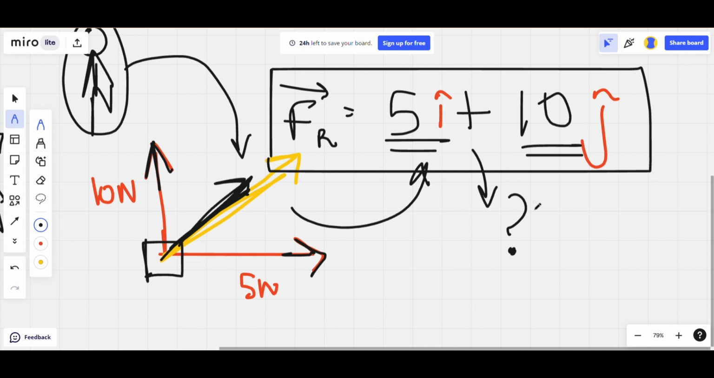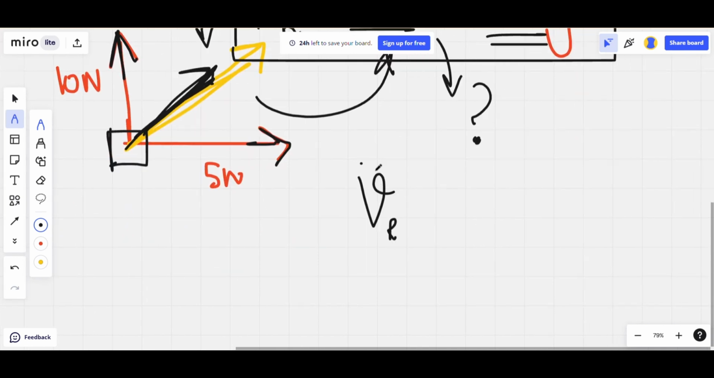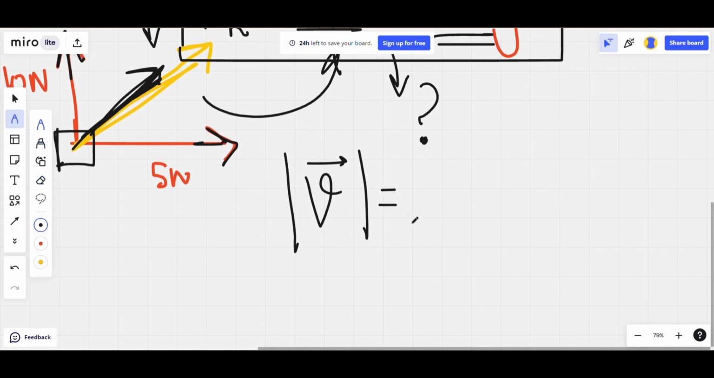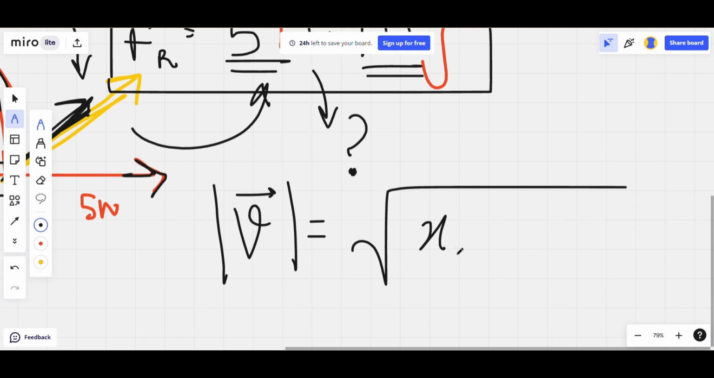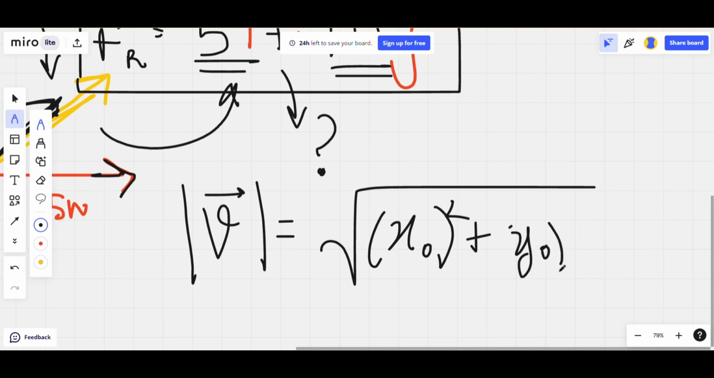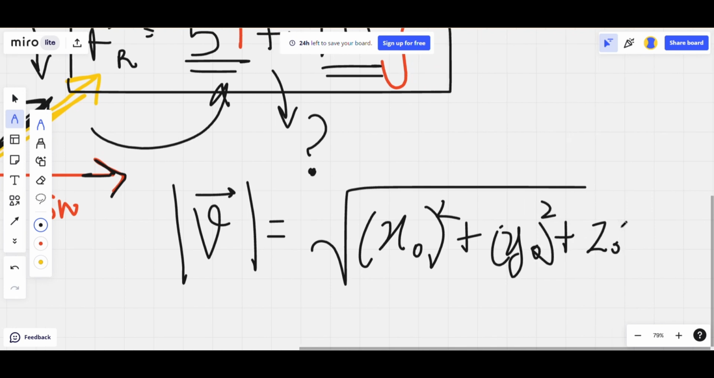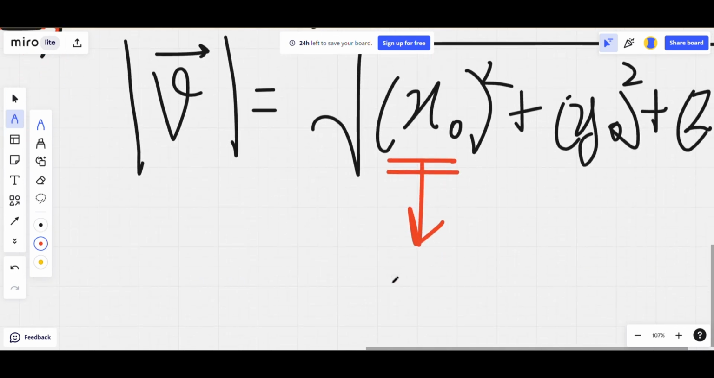Some scientists and mathematicians together described a basic formula to find the magnitude of any vector quantity that is described with the help of unit vectors. And what is the formula? Any vector's magnitude is given by the whole root of x naught square plus y naught square plus z naught square. I'll explain this in a second. Now what is this? This is nothing but the magnitude